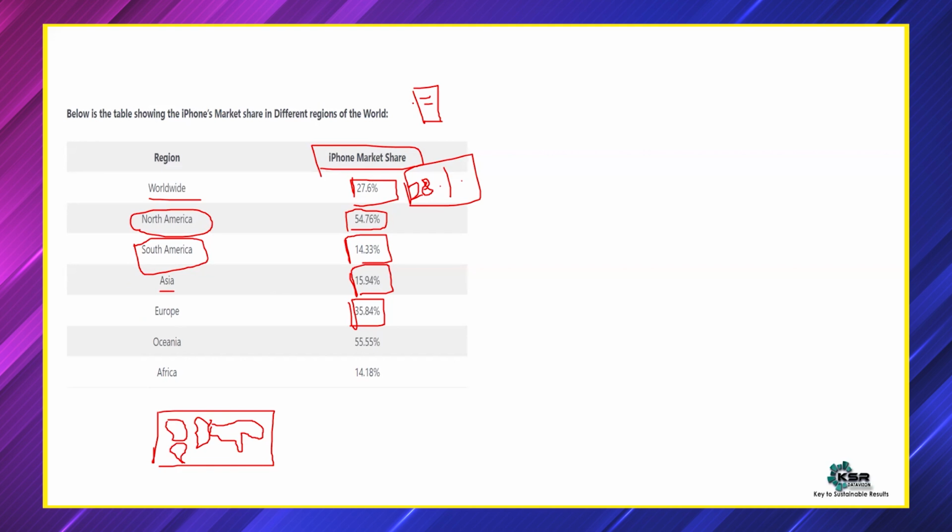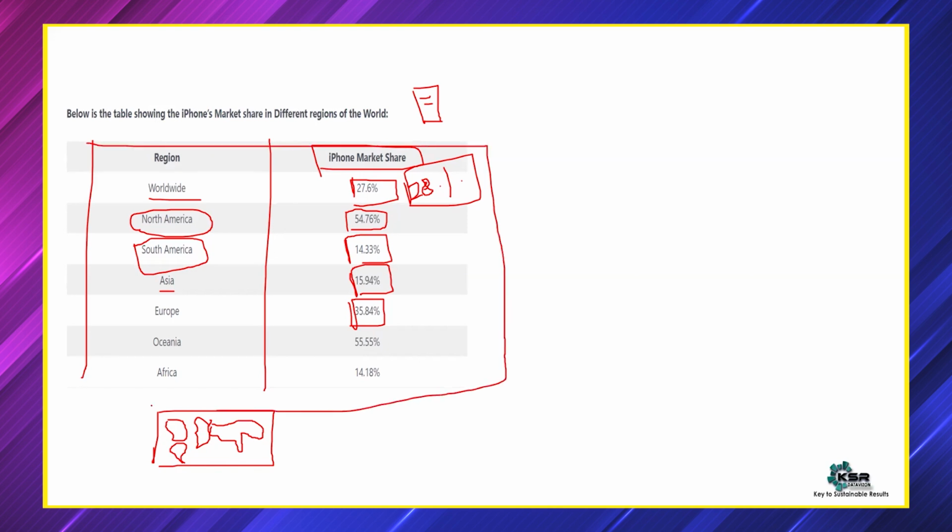Now, this is how a normal brain works. Even if the information is given in a table format, you'll always try to visualize it in the background. Those who are good in geography will always have a worldwide map and know where that continent or region belongs. This is how understanding of information is important. But here, this is only a table representation.